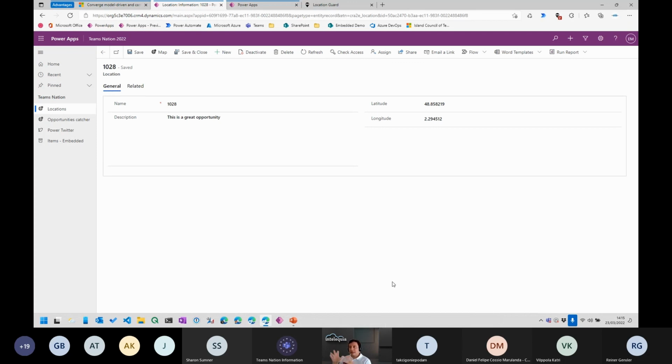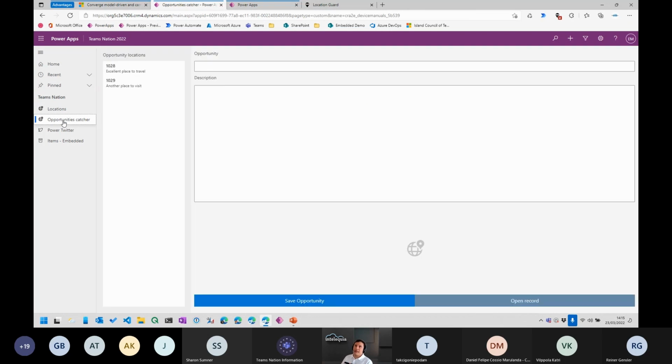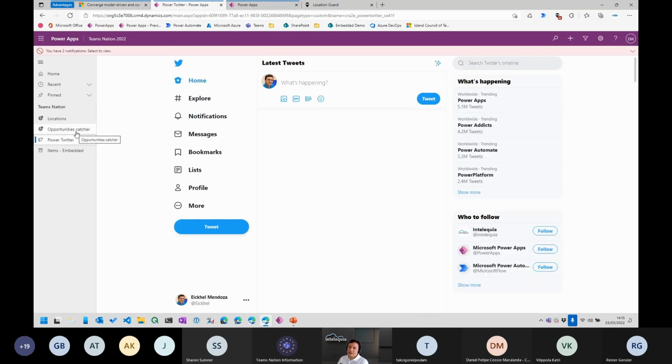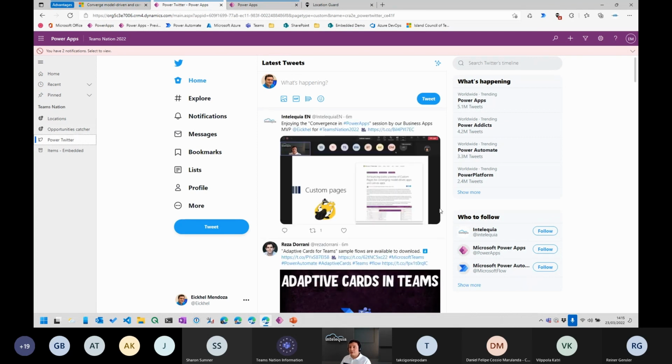Another example of building applications here: not only applications that are business-centric like this one, I can embed almost everything. This is one of the first applications I built in Power Apps, and that's the case of Power Trader. I already built this model-driven. Oh, sorry,